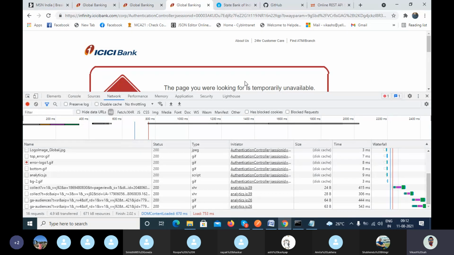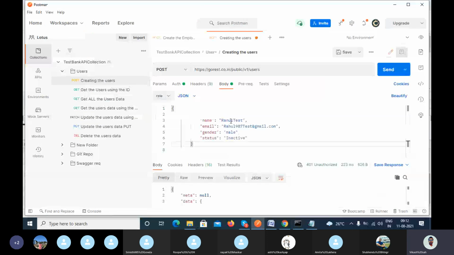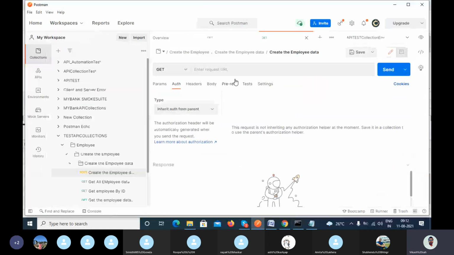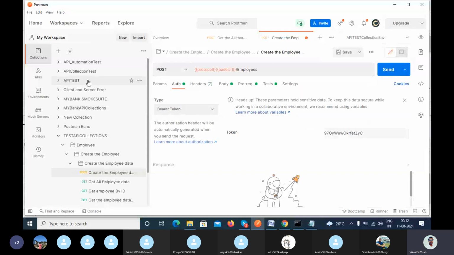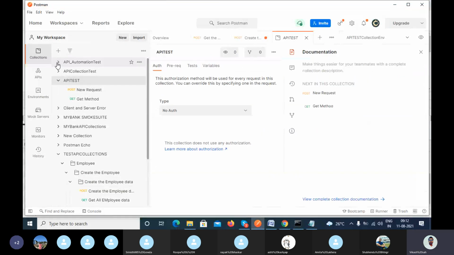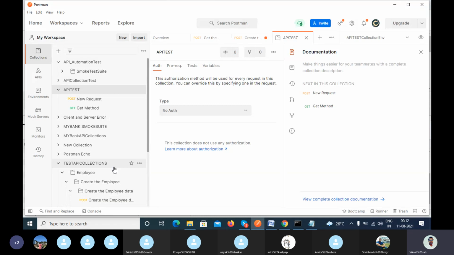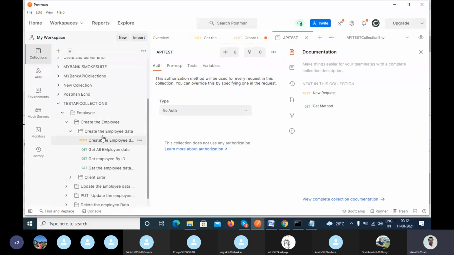But if you work on the backend, in that case the request will look like that. So do not get confused about why we can't show these things here in the UI.